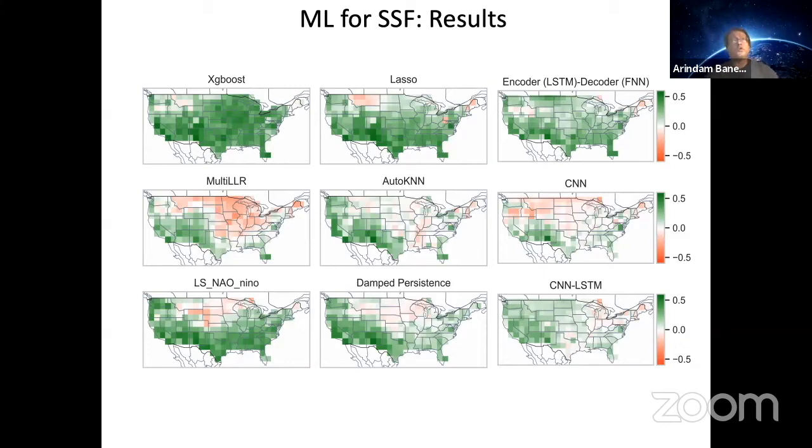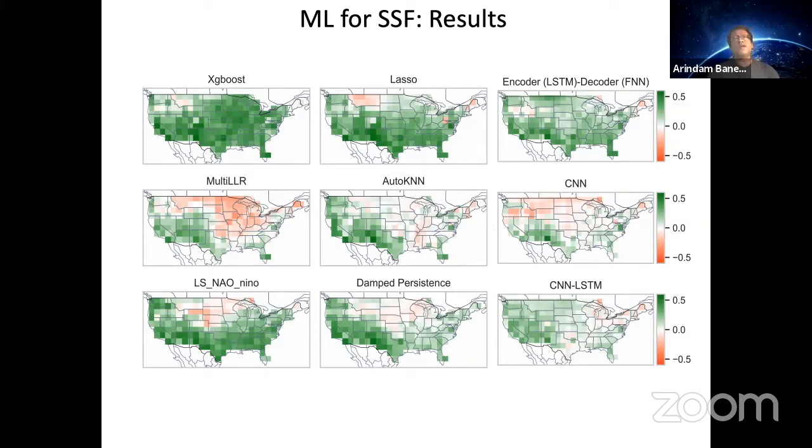But the top row, really, the gradient boosting, a nonlinear method, lasso, which is a linear method, and the encoder decoder, which is a deep learning method, all did actually quite well in our setup over this 2-year period. There is clearly room for improvement. So what we are focusing on right now is to release our entire code base and data set so that the community can take a crack at it. I think it'll be great if more folks got involved and there'll be better ideas and so on and so forth.